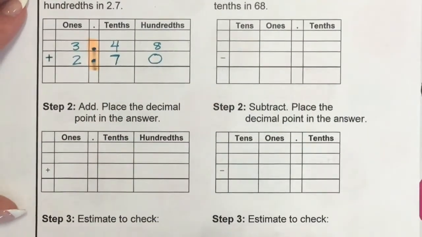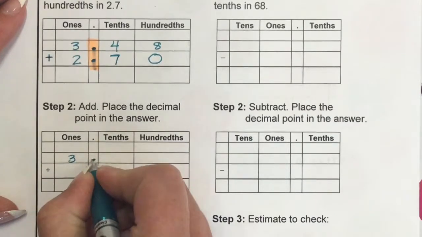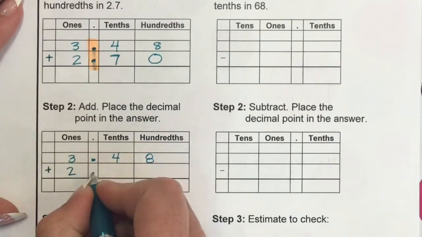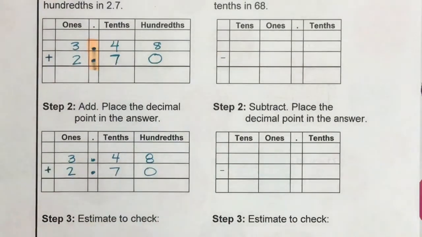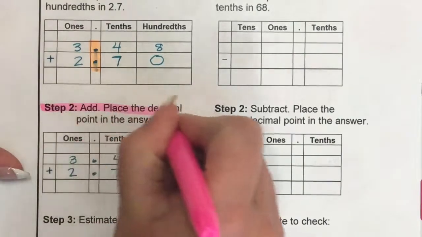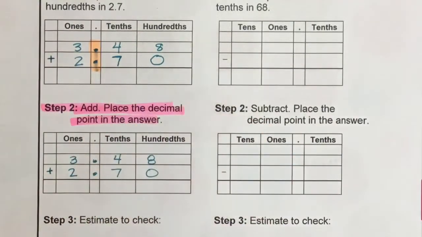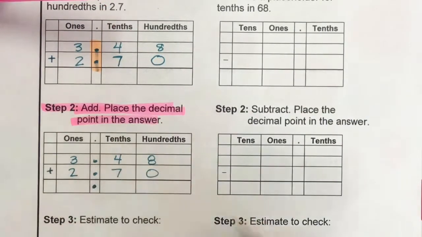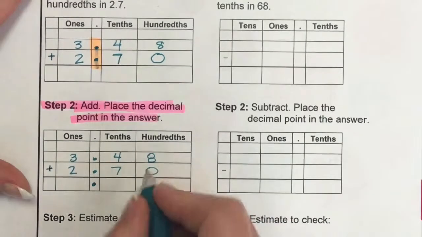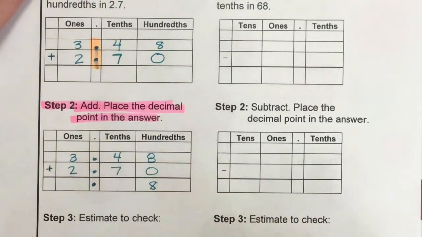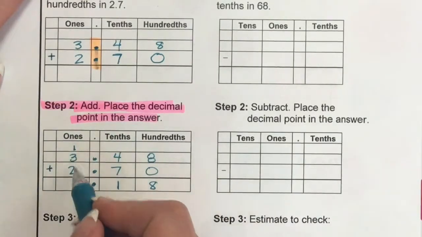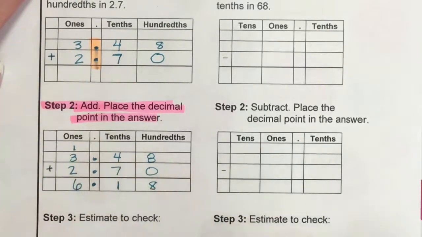Now, once you have them lined up, what you're going to do is just add them. So I'm going to rewrite this, 3.48 plus 2.70. So this is the second step. The second step is to add. Just add the numbers and make sure that you put a decimal point in the answer. So you just put the decimal right there. And then we just add away. So we have 8 plus 0 is 8. We have 4 plus 7 is 11. You write the 1 and carry the 1 up here. And we have 3 plus 2 is 5 plus 1 is 6. And so that is our answer,